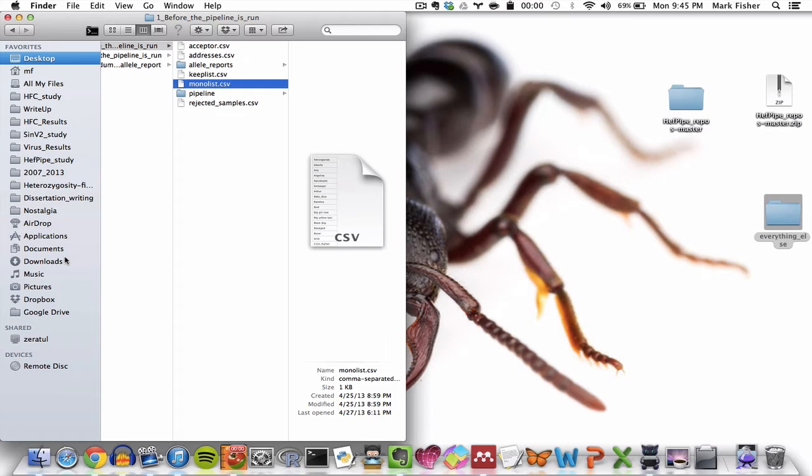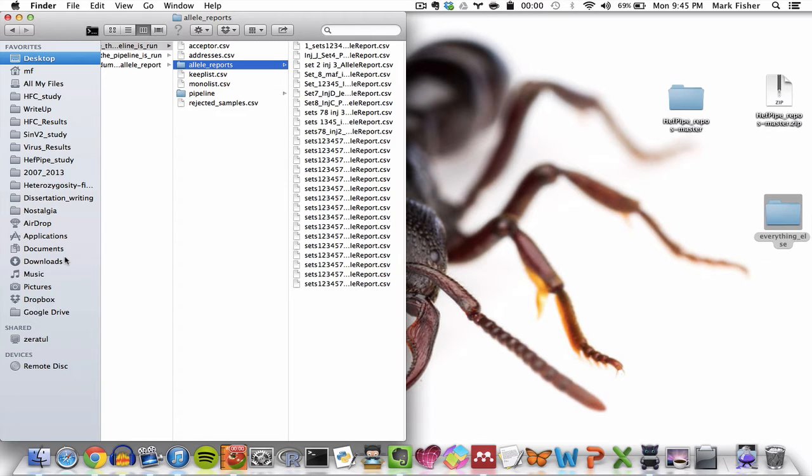So you're just adding a fake locus to the monolist, and then you're seeding genotypes for that fake locus for all of your samples, and you're making that a dummy CSV file, allele report. And you have to make sure that the dummy allele report file has a name that would ensure that it's the first file in alphabetical order